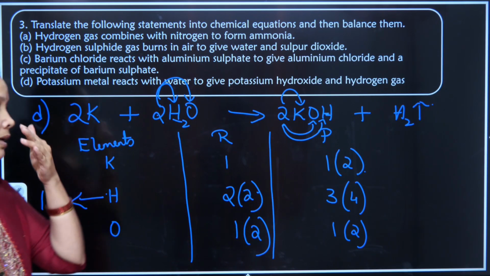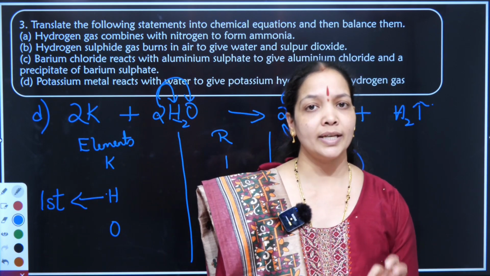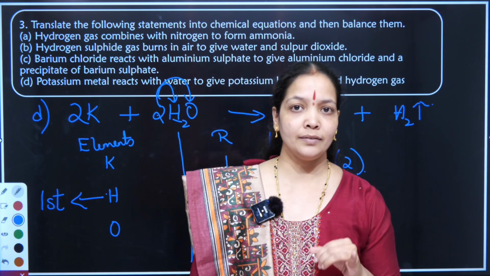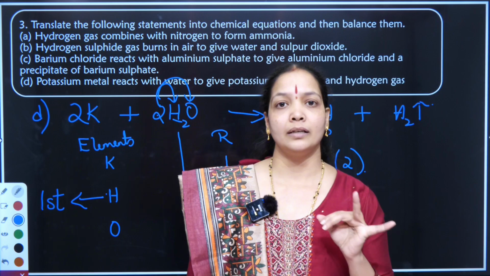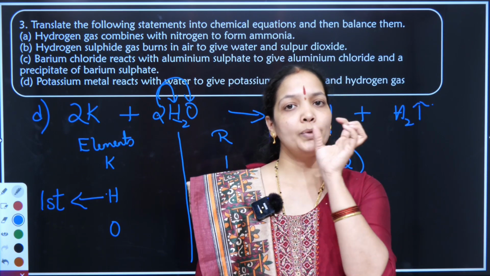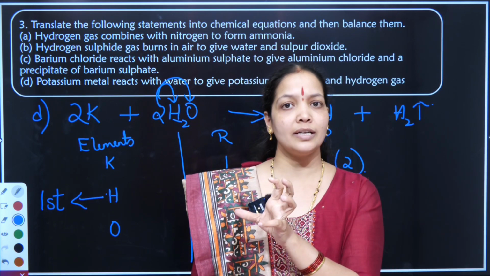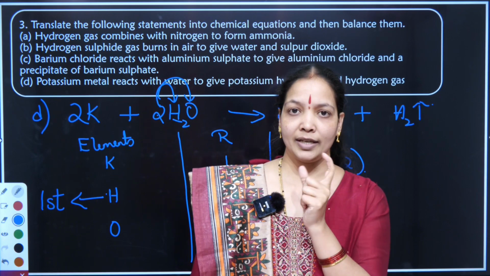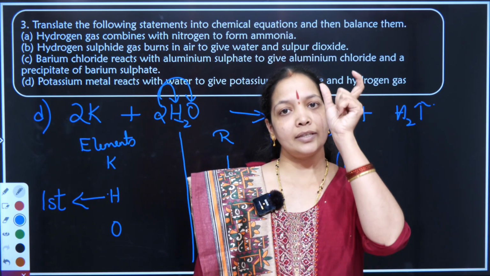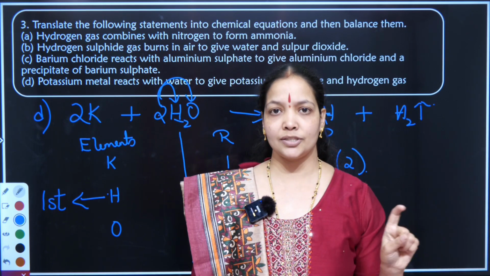So this is a trick you can highlight whenever there are gases present, to know which gas I have to focus on. That is the first step. Second, when a gas is present in 2 different compounds, with an even number in one and an odd number in the other, I'll strike on the odd number and make it the next even number. When I make it, you have to analyze what changes happen in the complete reaction.